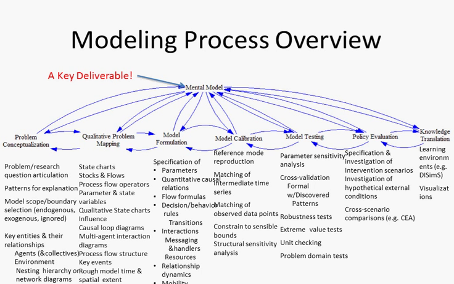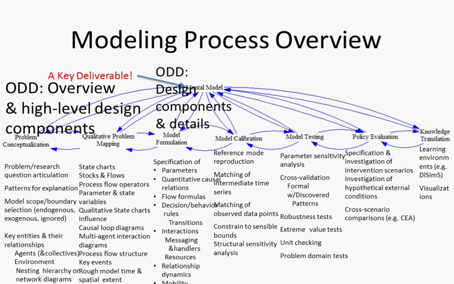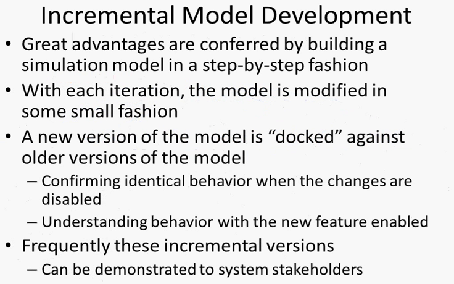And having built confidence in the model, there's a stage of policy evaluation, which is what Yuen described starting just now. She's using the model to investigate particular scenarios, hypothetical external conditions, to compare the outcomes of different interventions. That's what you saw over lunch. And finally, there are often components associated with knowledge translation, bringing this model to diverse stakeholders, to many parties, so that they can appreciate some of the results. You saw some of that today as well in her lecture.